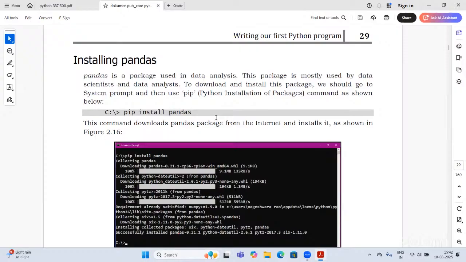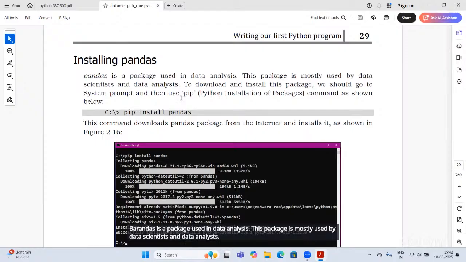These packages are needed at the next level of Python. Pandas is a package used in data analysis, mostly used by data scientists and data analysts.